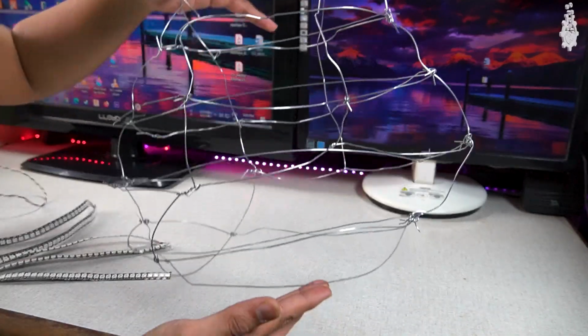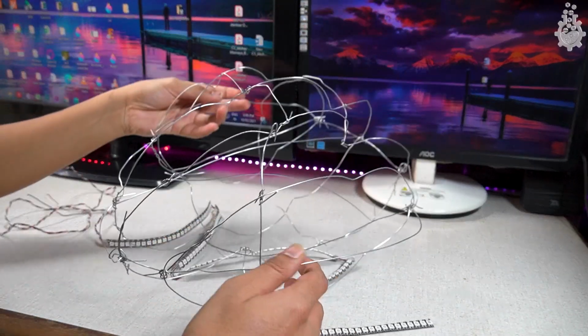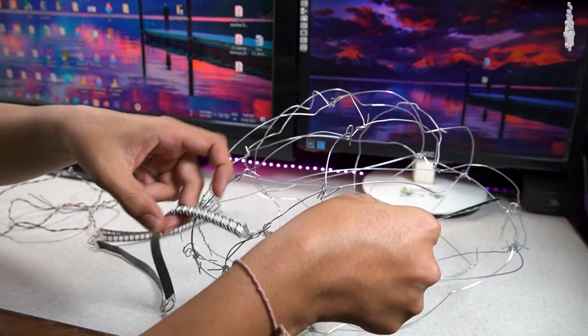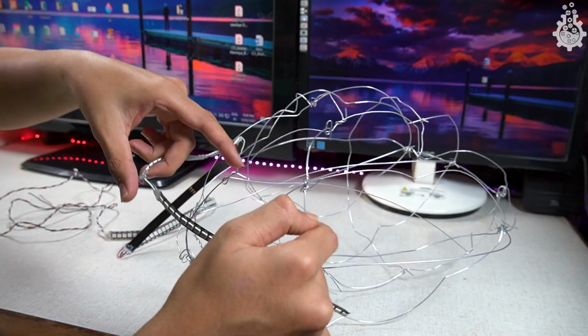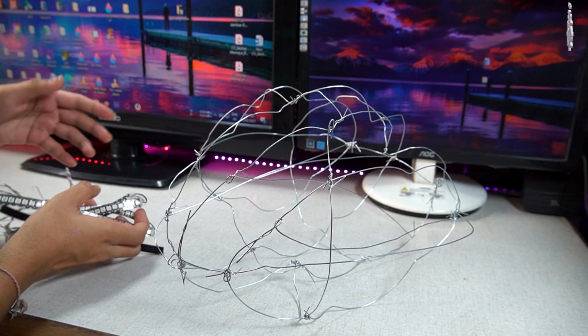Firstly, I would like to keep this structure aside and just work on these LEDs. I have approximately noted that we have to connect these LEDs in this manner. So I will just add the length of wire according to these dimensions. So let's start with soldering first, and then we will continue this part.